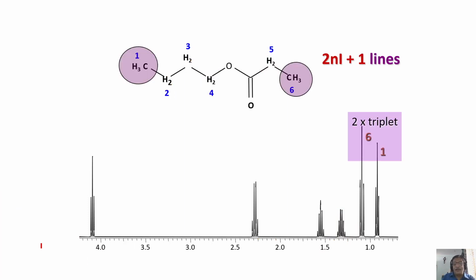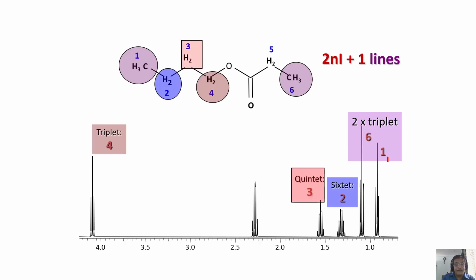So now the assignment has been made, and I said this is 6 and this is 1, and this will be a sextet, this is a quintet, this is a triplet and this is a quartet. So in this molecule you get triplet, quartet, quintet, sextet, everything you have observed here. Now if you look at this 5 and if you look at this 6, 5 is this separation. It matches with this separation. That is why it was assigned as 6 by J coupling measurement.